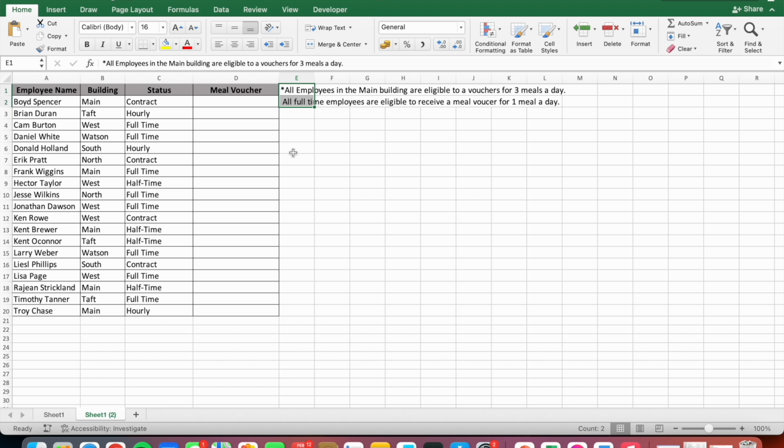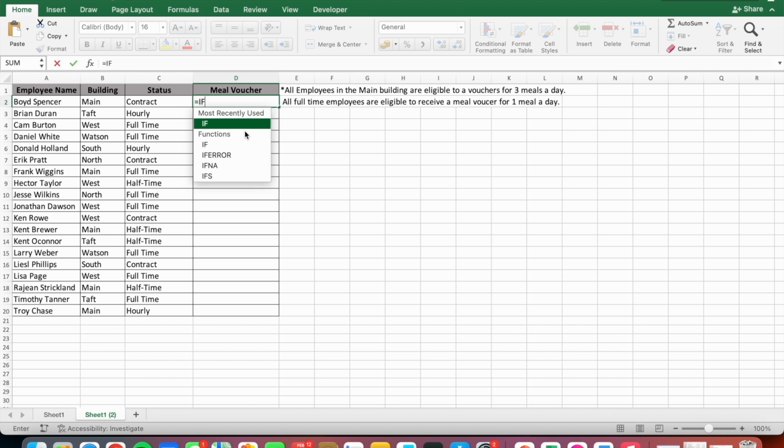In this case, if an employee is full-time and they are in the main building, that employee is eligible to receive a voucher for 3 meals instead of a voucher for 1 meal. This means that the building needs to be checked first as it trumps the employee status logically. We will use the building as our logical test 1. So equal sign, if, open parenthesis, building is equal to main,